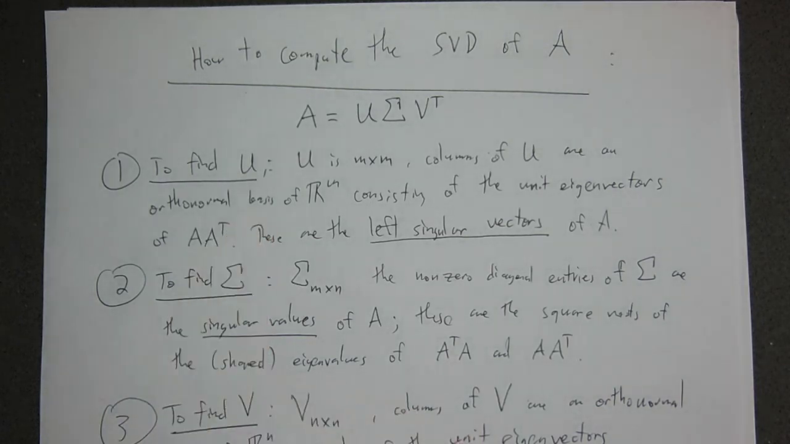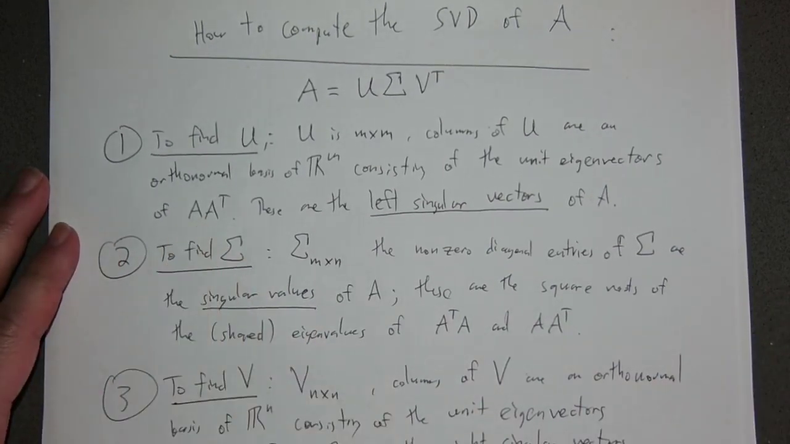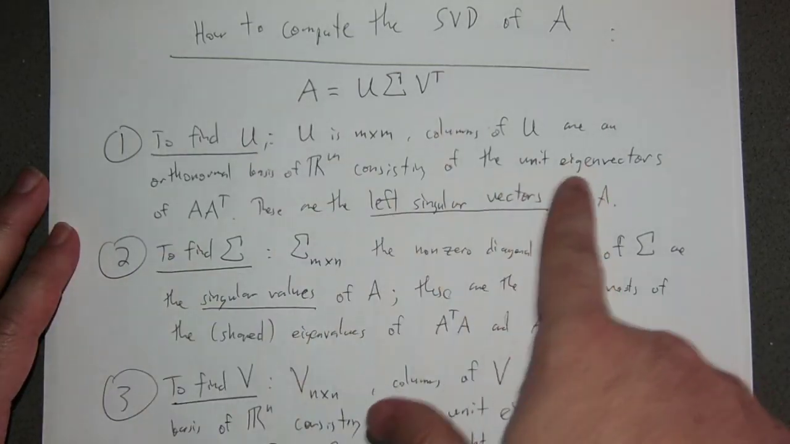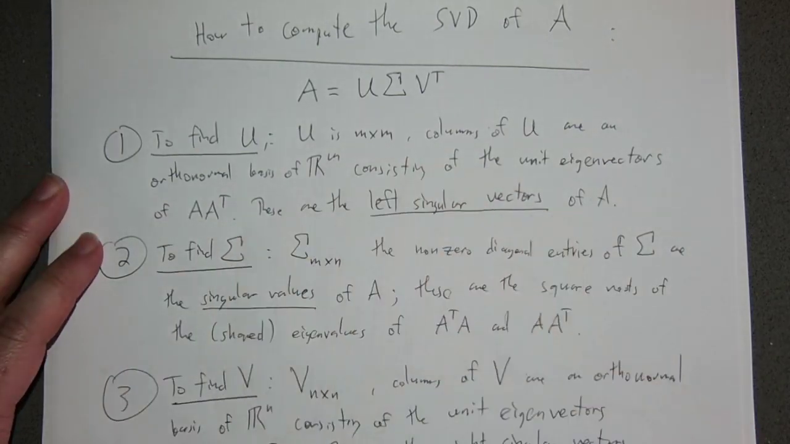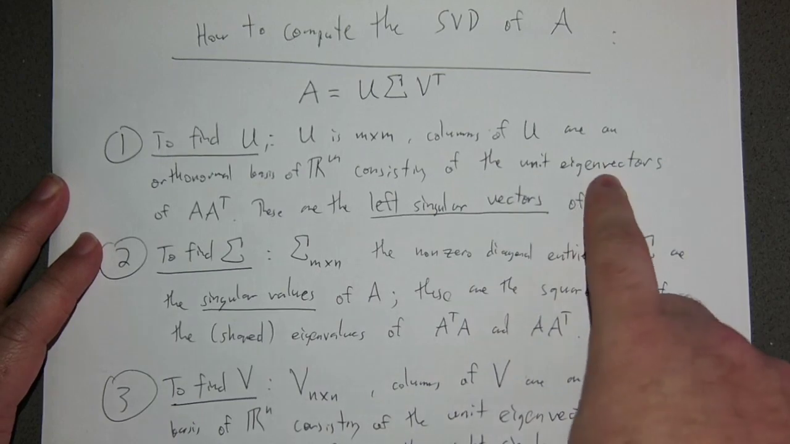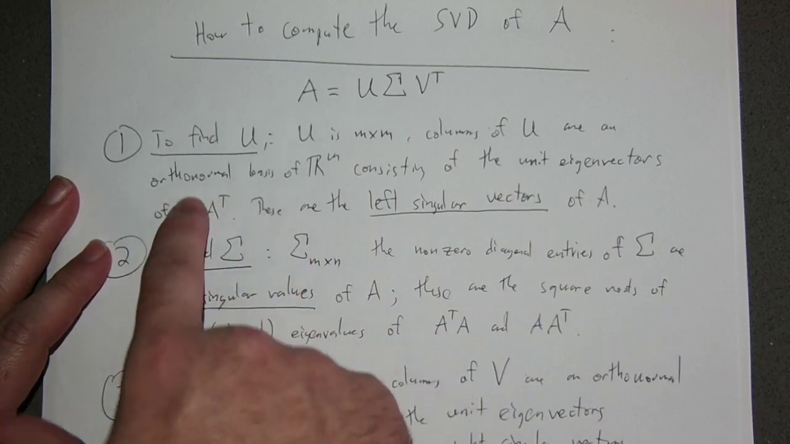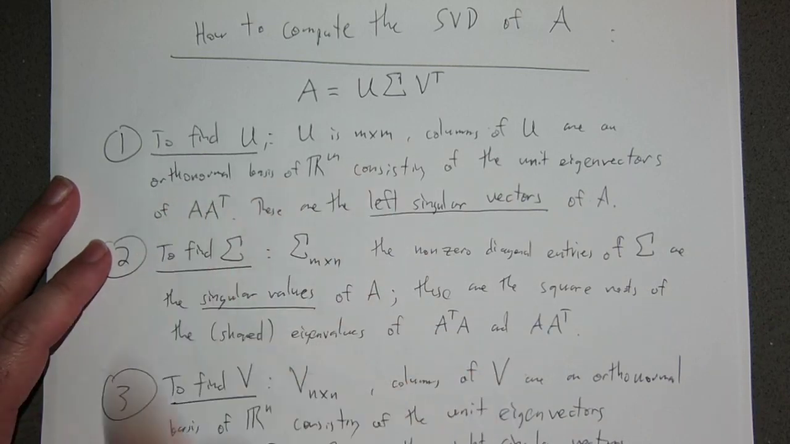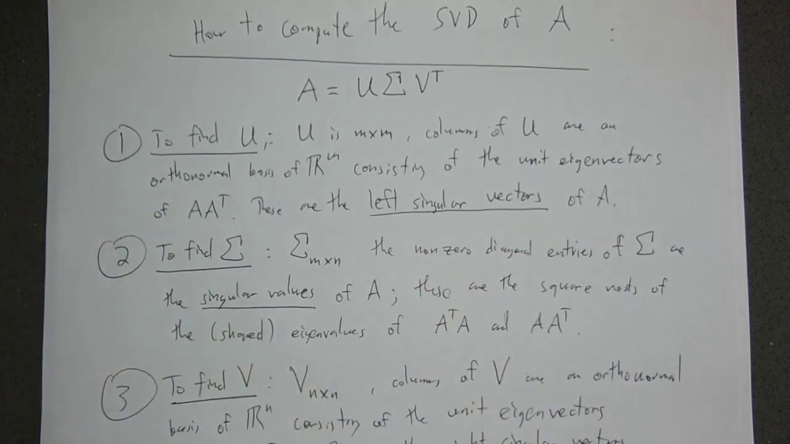To find U, the columns are the orthonormal basis consisting of the unit eigenvectors of A A transpose. So I form the matrix product A A transpose. I find the eigenvectors and eigenvalues associated to A A transpose. The normalized eigenvectors there are, basically I'm guaranteed that these are going to be orthogonal, so making them orthonormal is just a matter of scaling. So recall, maybe before I list these out, I should